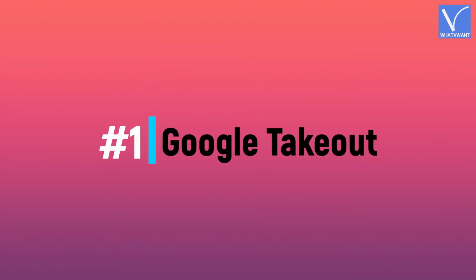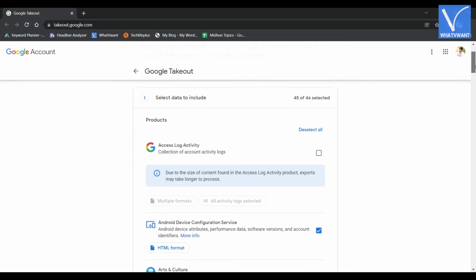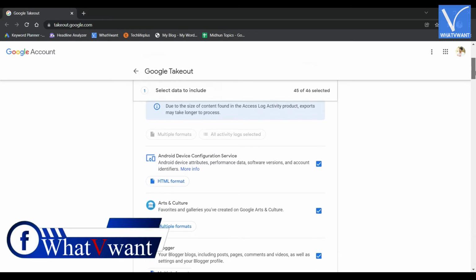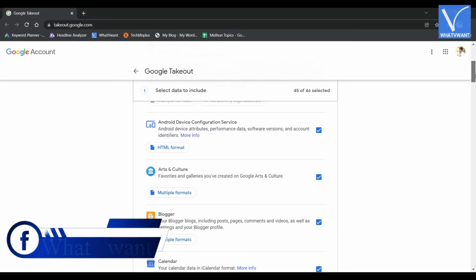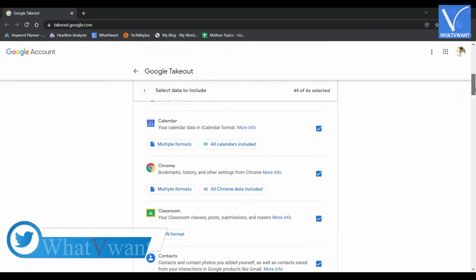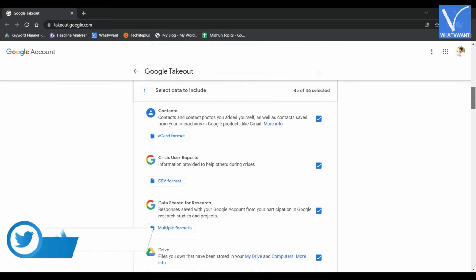Number 1. Google Takeout. Google Takeout allows you to archive your Gmail messages in Inbox, Starred, Important, Sent, and so on. You can archive Gmail messages from your labels to your computer in the form of zip files in MBOX format. MBOX is a standard format for storing email messages. Follow the steps to archive your Gmail messages in various labels to prepare backup on your computer using Google Takeout.